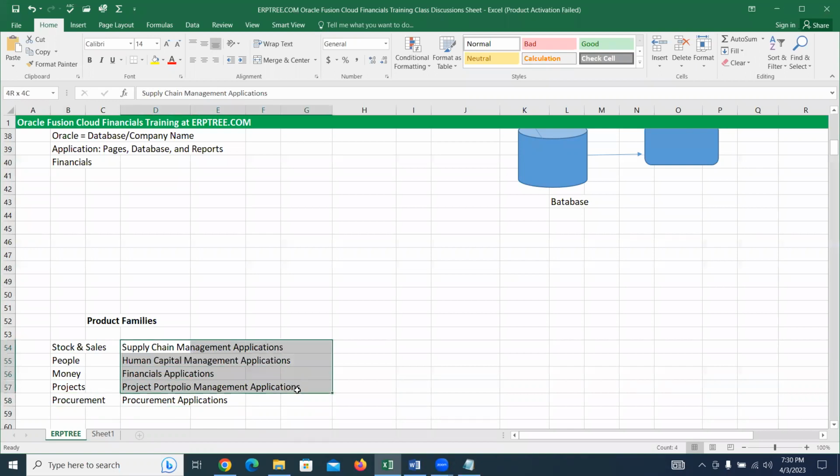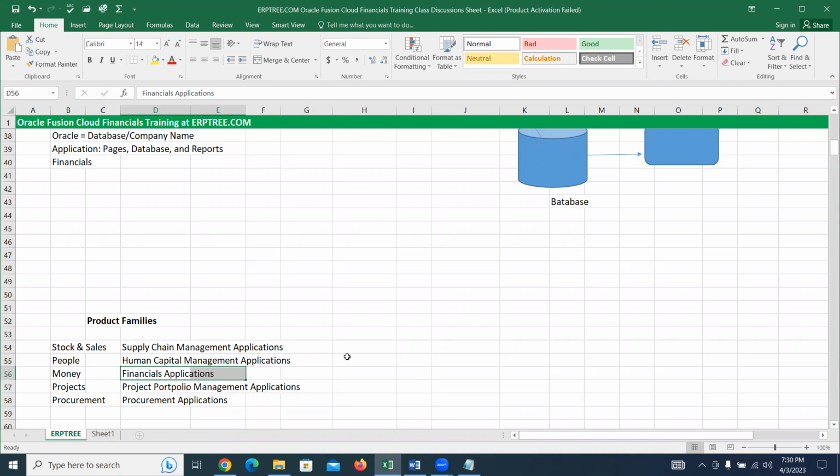So whatever I'm selecting here, these are just names for some group of applications. When you talk about financials, as per business, which departments are dealing with money, for those departments, what are the applications we use, those we call as financials applications. Financials means money related applications.